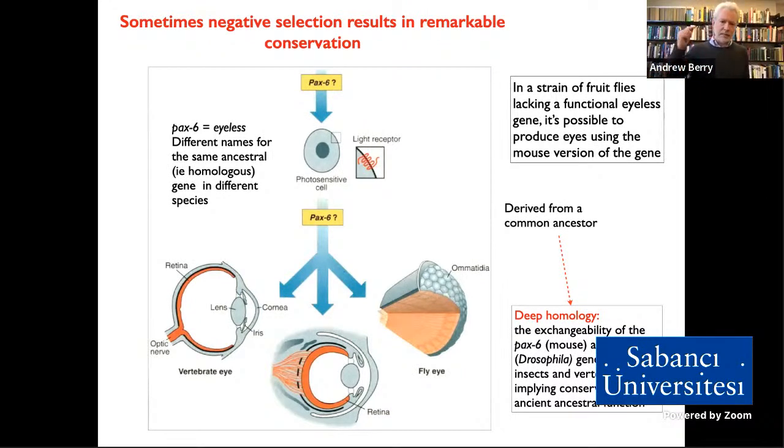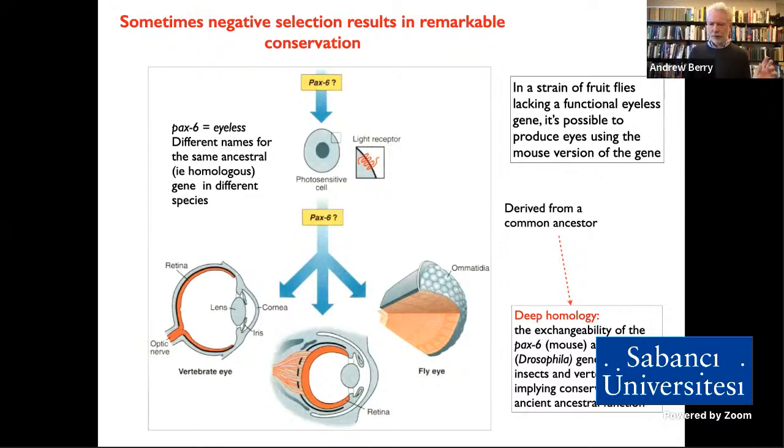This is a gene which acts very early in embryogenesis, in producing the embryo, and says, build an eye here. Okay, so it evolved very early in the history of animals, maybe on the order of 550 million years ago. This is a cool thing. And it's just been inherited ever since to the fruit fly lineage and the mouse lineage. This is amazing.